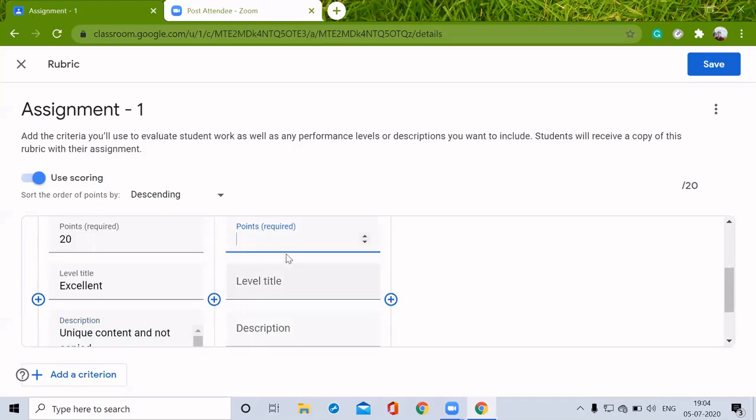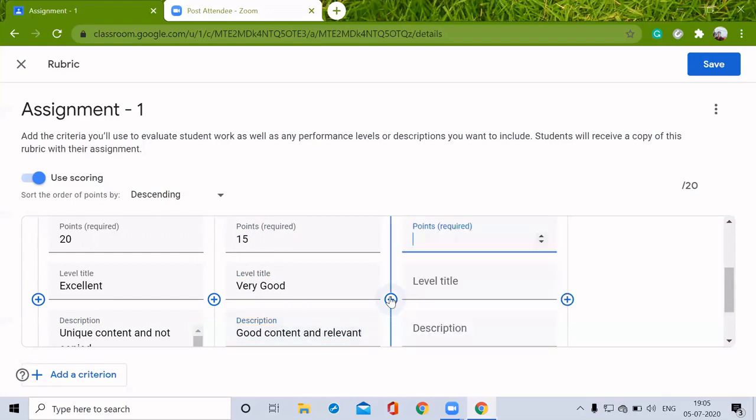Here, I'm giving 15 marks. For this level title, I'm just giving very good. For this description, I'm just going to say good content and relevant.